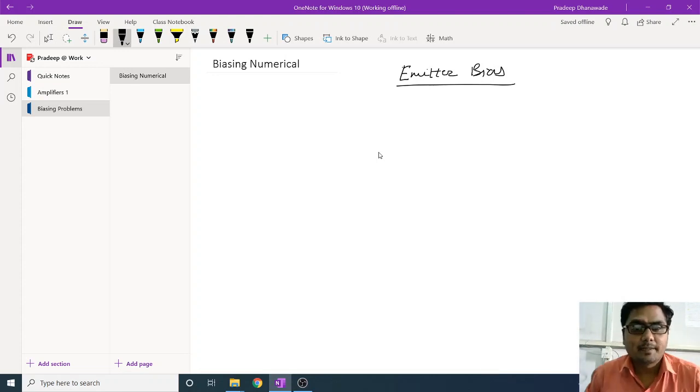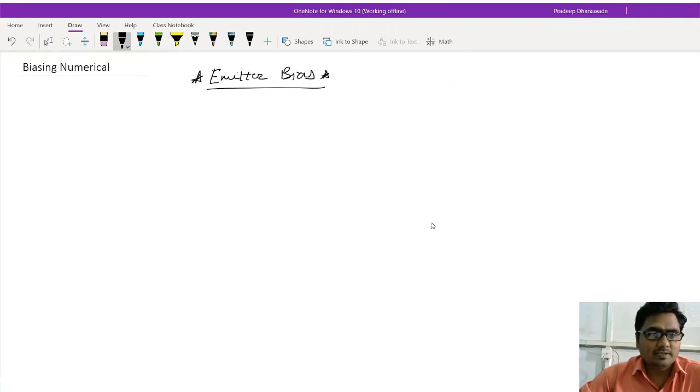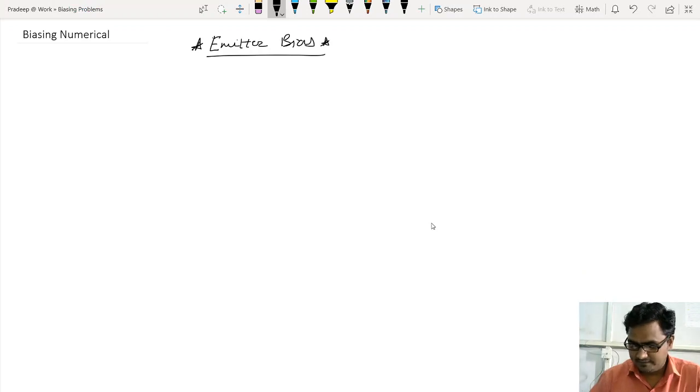See, today I am here to explain the stability factor for this emitter bias circuit. Actually, when we started with this emitter bias circuit, I told you to derive this stability factor equation on your own. It means I gave it to you as self study. But again, some people from your class said they were not able to derive the same. So that's why we are meeting again to derive this emitter bias stability factor, right?